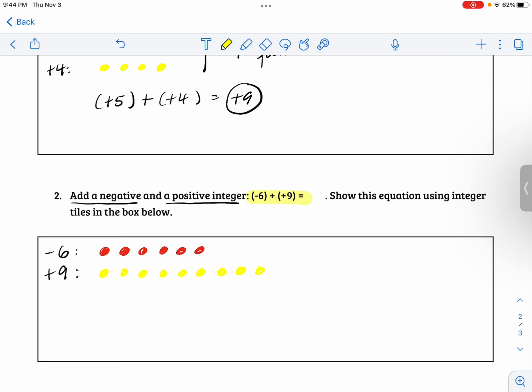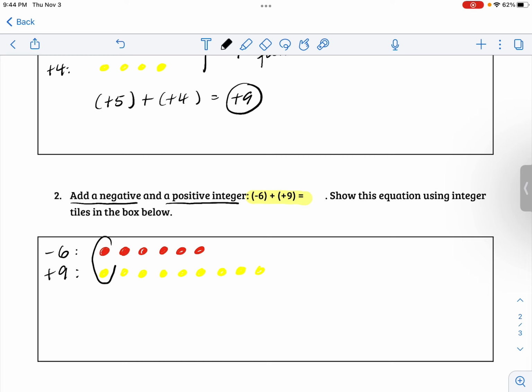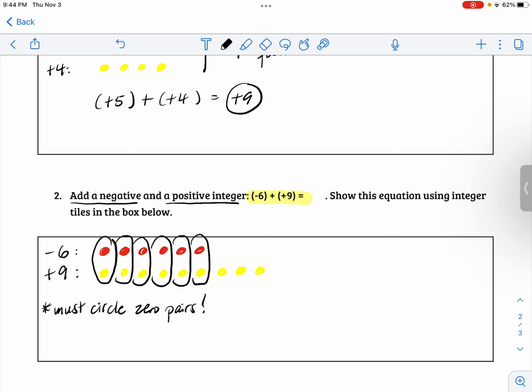Again, lining it up vertically is really important because now you can see what's going to happen. You must circle out the zero pairs whenever you are adding tiles because this is part of how you show your work. So I'm going to make a note here. You must circle the zero pairs. Okay, because now that's neutralized it, right? So you know you have 6 zero pairs. So what you're actually left with when you add negative 6 plus positive 9 is the remainder, which is positive